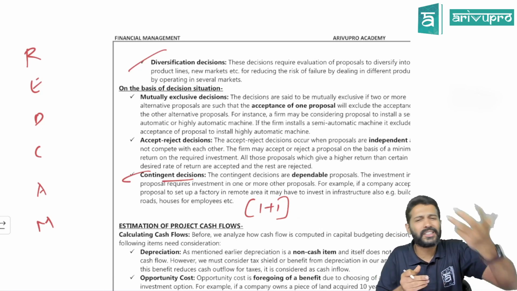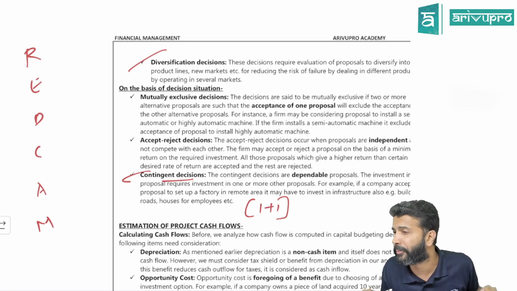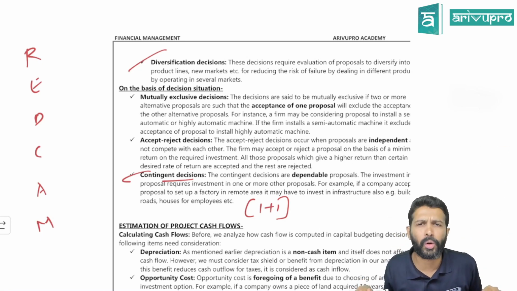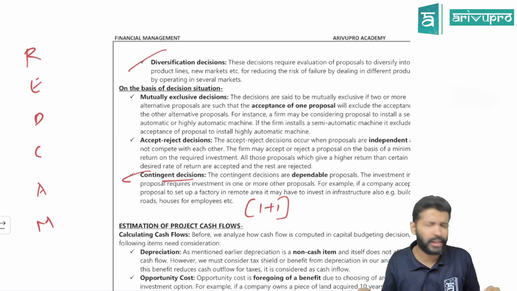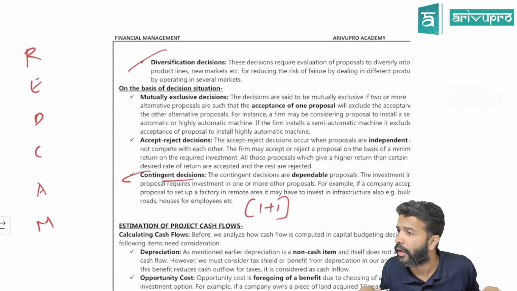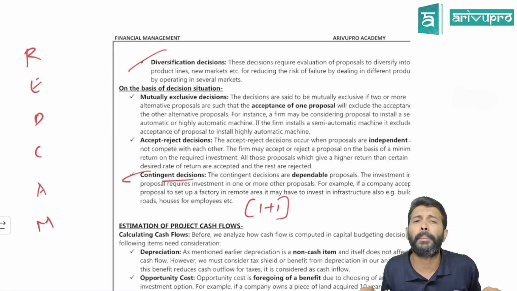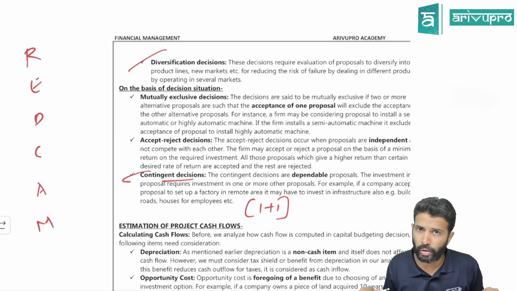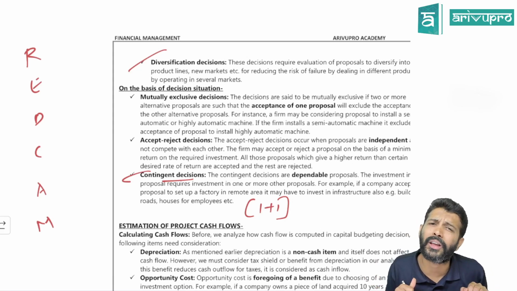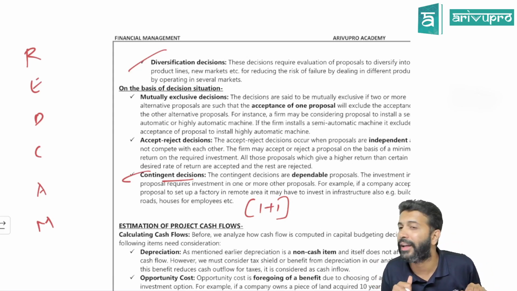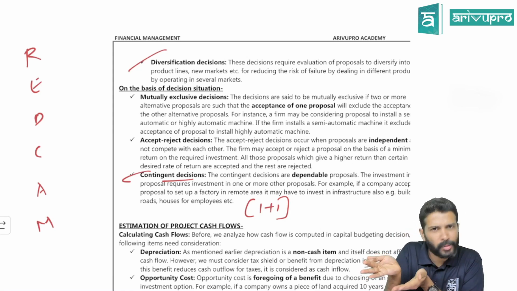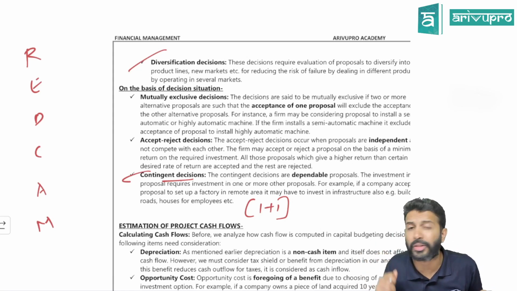Now another example is, let's say you want to start a factory in a very remote area. Okay, there are no roads. The government unfortunately has not taken much interest in that area. Limited number of people, but you felt for your line of business that is a perfect location. You started, but how will people come to your factory and work? Because there is no road or transport. Your idea is to start a factory, but can workers come and work in your factory? No. That means you may end up building some roadways, some small lanes, or giving some transport services, because otherwise employees will not come and work.